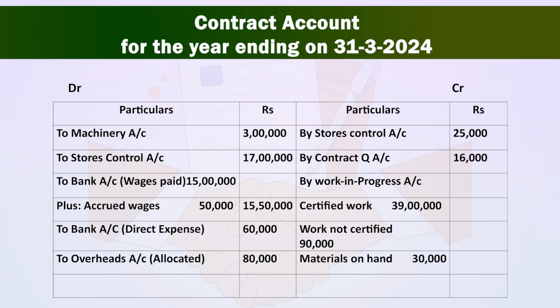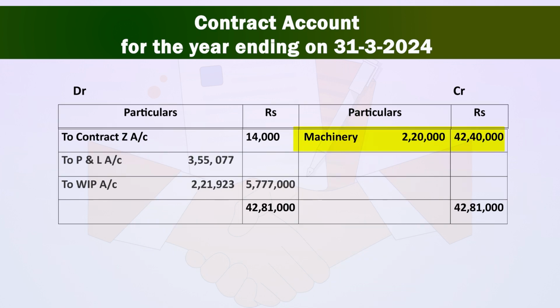And on credit side, by stores control account rupees 25,000, by contract Q account rupees 16,000, by work in progress account, here we will write amount of work certified rupees 39 lakh, work not certified rupees 90,000, materials on hand rupees 30,000, machinery rupees 2,20,000, making total of work in progress as rupees 42,40,000. And as total of our credit side is greater than debit side, we will have amount of profit, and the profit is